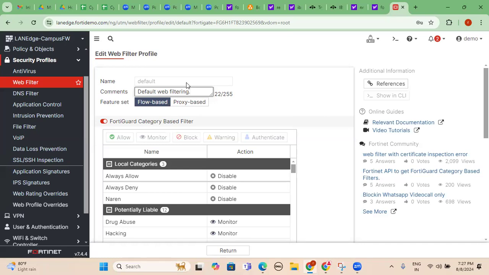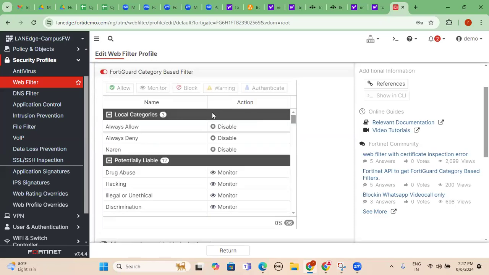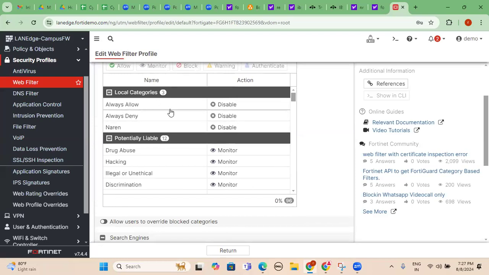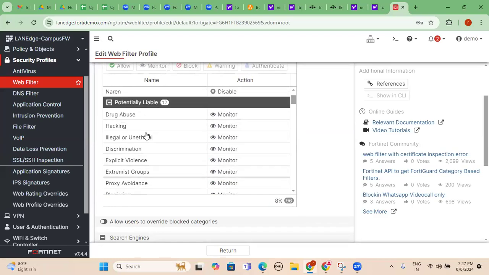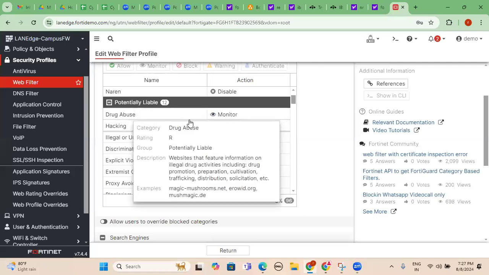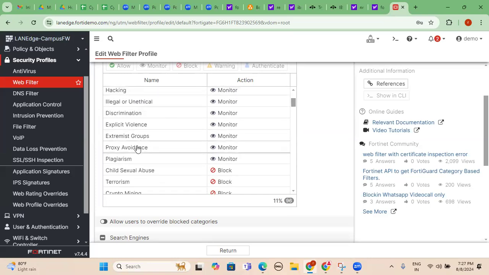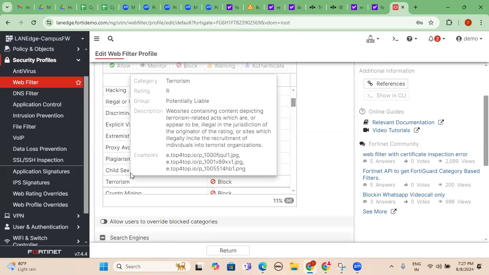According to that, we should allow, nothing but whitelisting of the websites, or maybe we have to blocklist the websites. Right now it is supporting several things. Under this you can see so many categories: hacking, drug abuse, discrimination, illegal or unethical, proxy avoidance, terrorism, child sexual abuse.